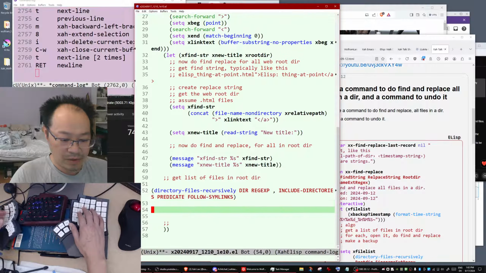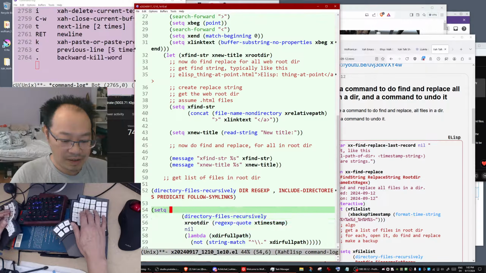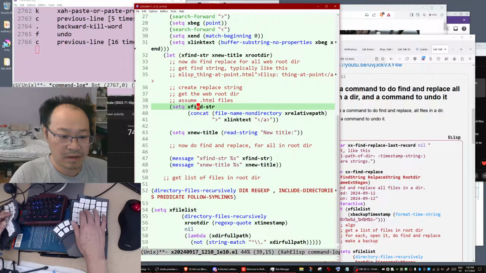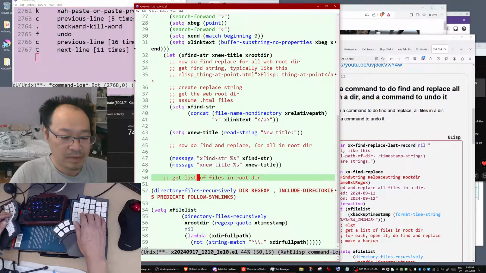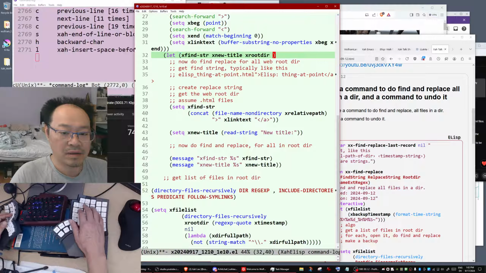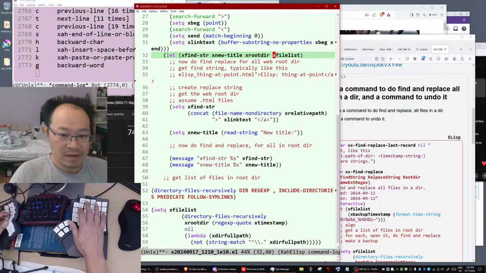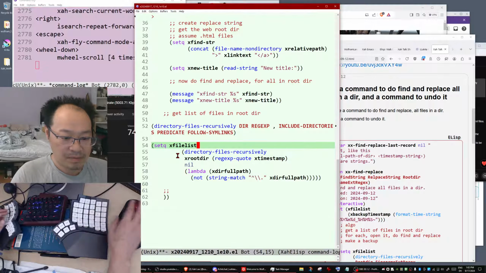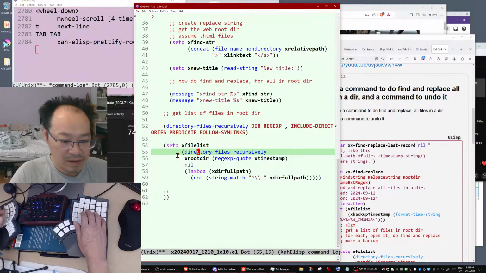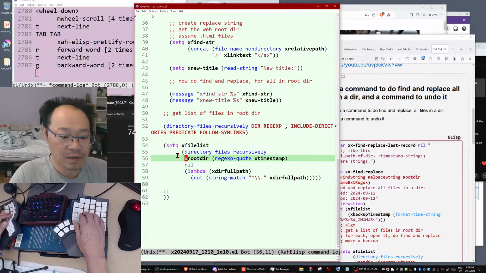So that is what we want. So we need a file list, declare a new variable file list. So file list will be, clean up the code, directory files recursively, root.